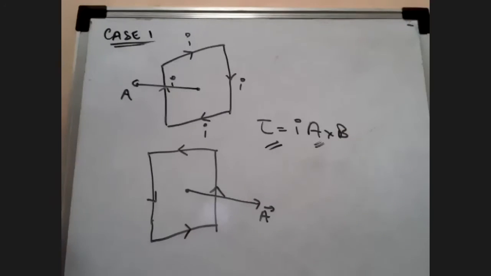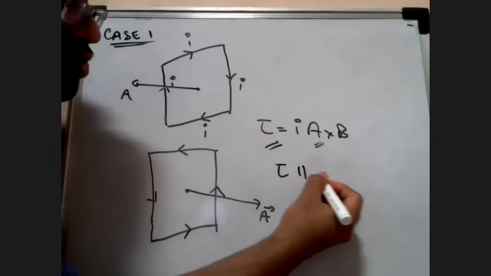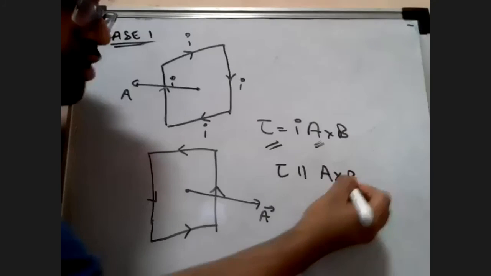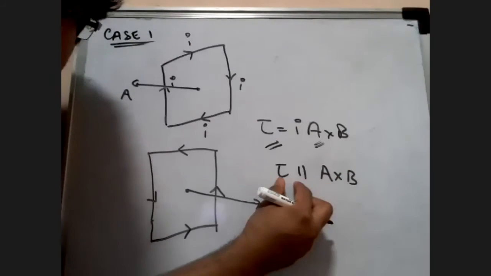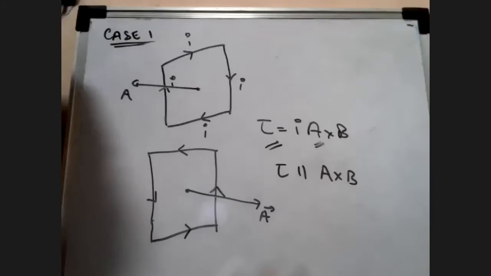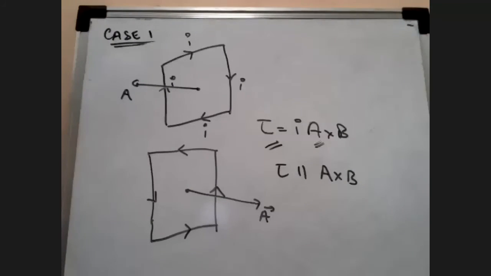Basically, torque will be parallel to area vector A cross B. The direction of the torque will be in the direction of A cross B. For example, if I have to say that